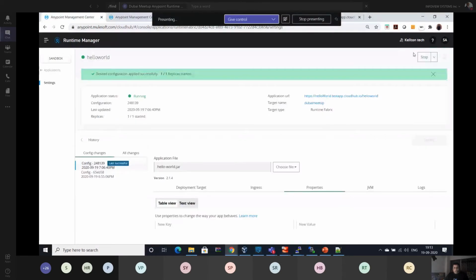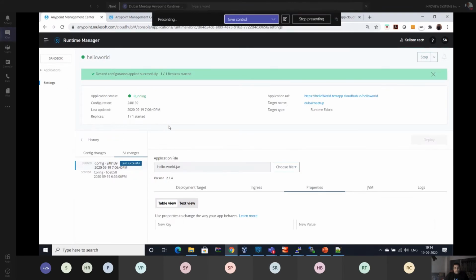So this is the Runtime Fabric, and these are maintaining the application versions which we are deploying. If we are required to roll back, we just have to click and deploy the application from the previous working state. So this kind of capability is provided by Runtime Fabric itself. It was not there before. We would have to use an external tool to manage the versions, the last deployed or working version of the platform before changes. But we can manage it through here, on the interface of the Anypoint Platform.